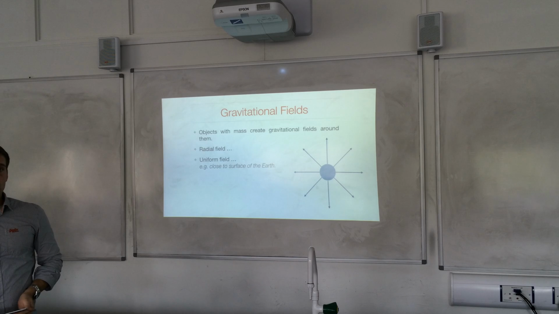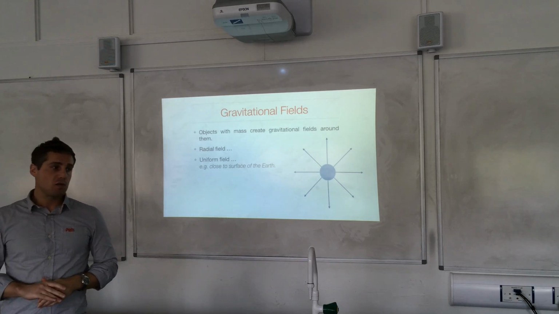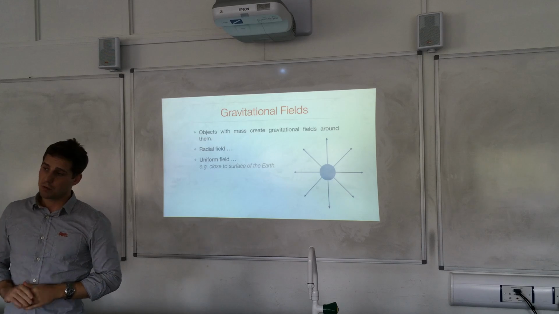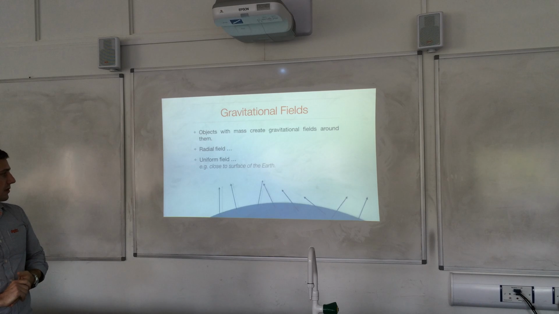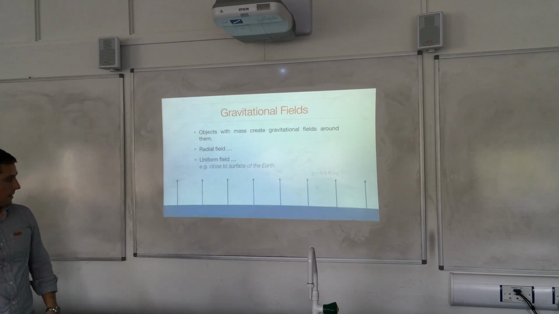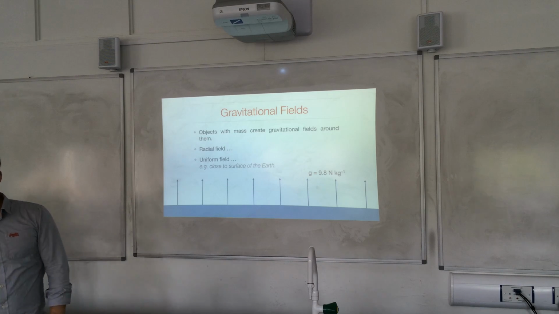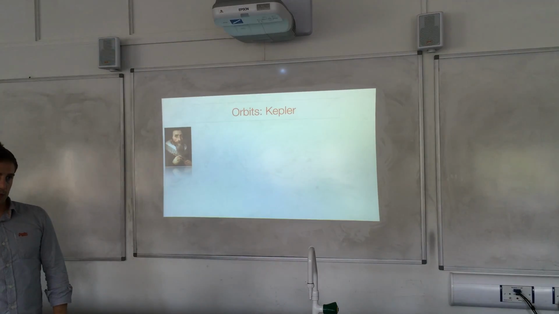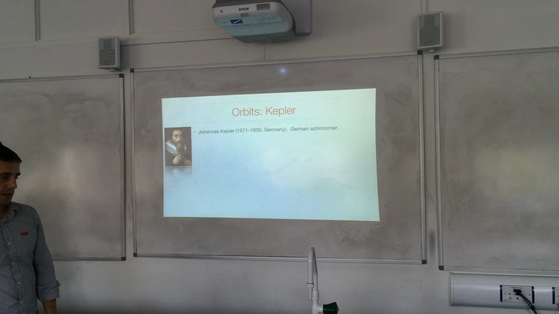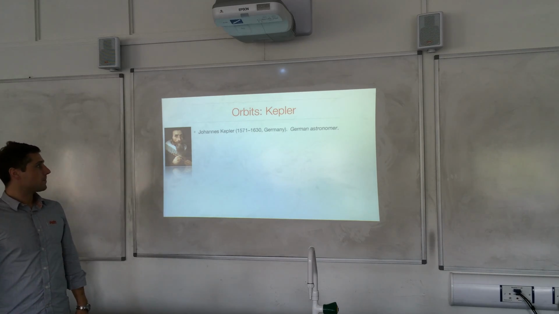Uniform fields are the other type of field you can have, and the Earth's gravitational field approximates to a uniform field as long as you're close to the surface. So let's go close to the surface of the Earth. And when you're close to the surface of the Earth, the gravitational field strength is 9.8 newtons per kilogram. Strictly speaking, it's not uniform, it is slightly radial, but approximates to uniform. Okay,